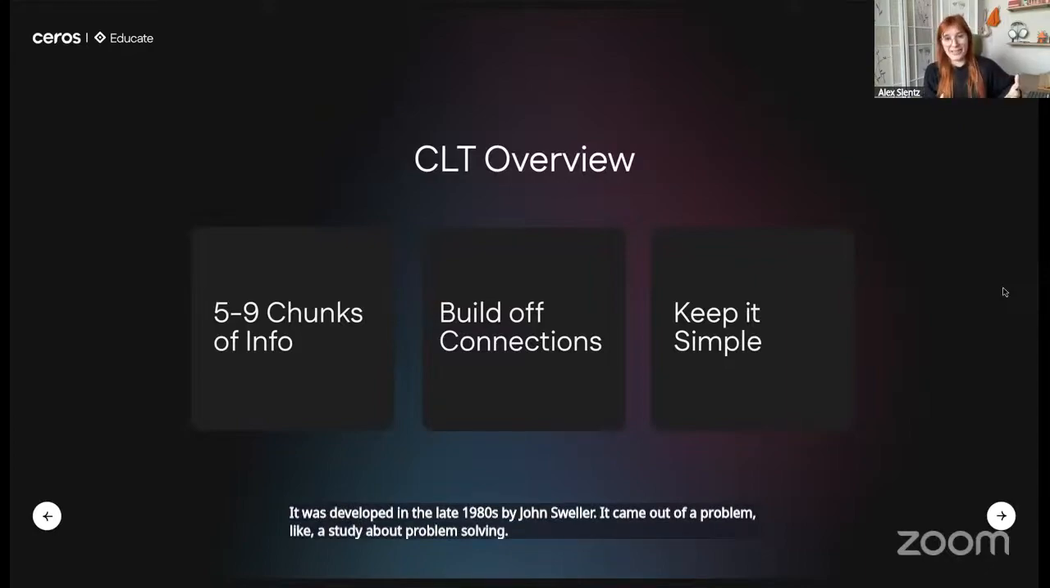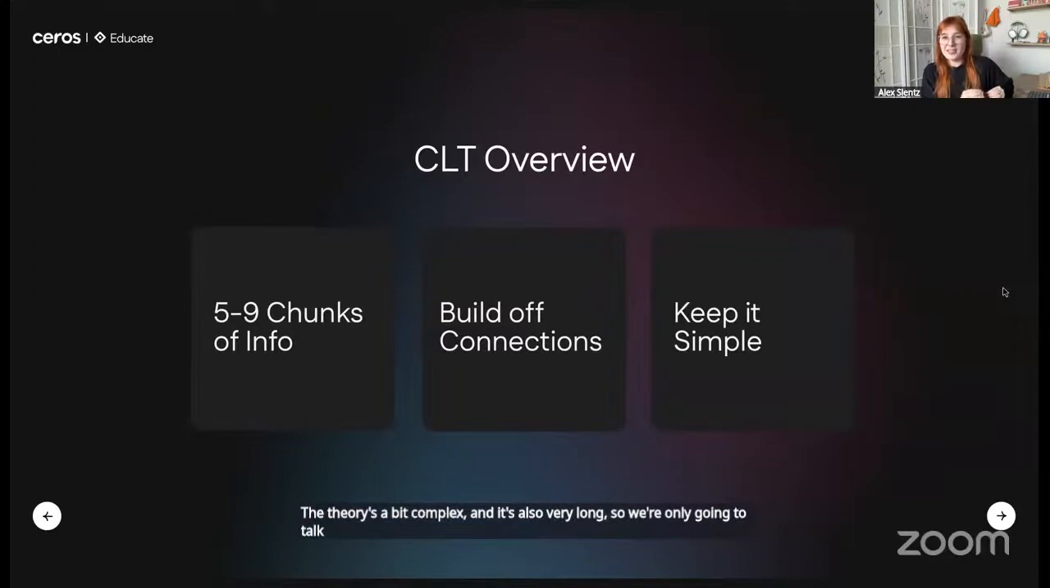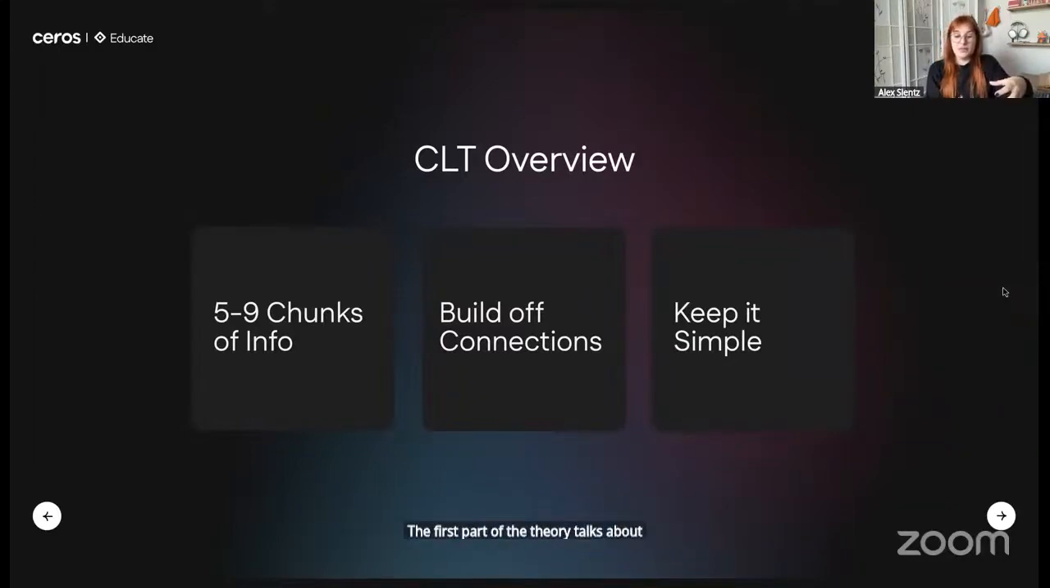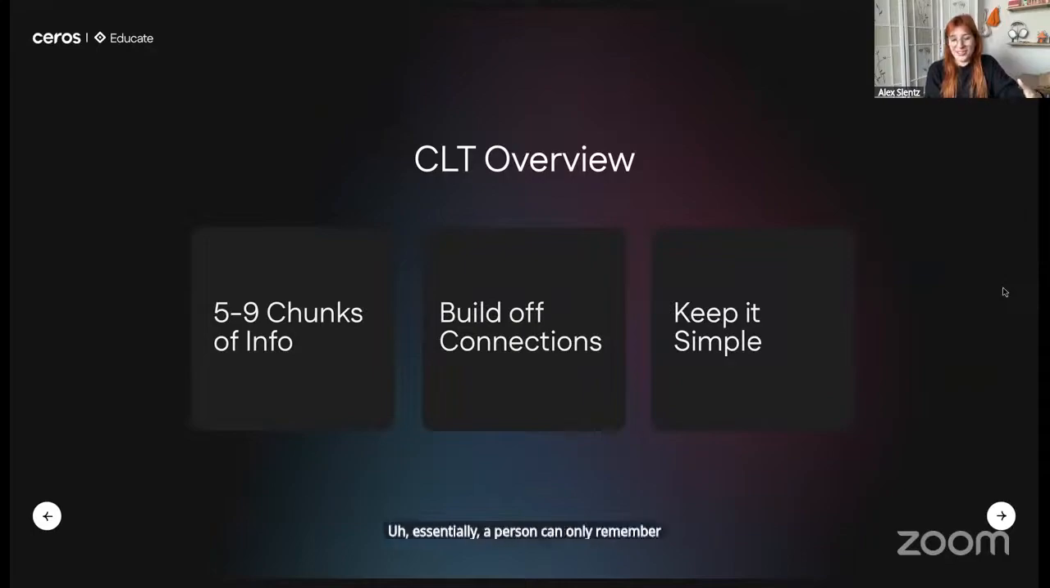The theory is a bit complex and it's also very long, so we're only going to talk about the ways that learning is divided into cognitive loads. The first part of the theory talks about the different types of memory. As a brief summary, essentially, a person can only remember 5 to 9 chunks of information at